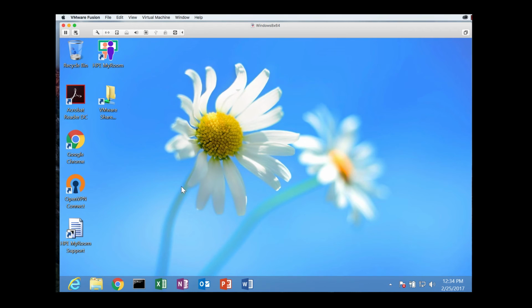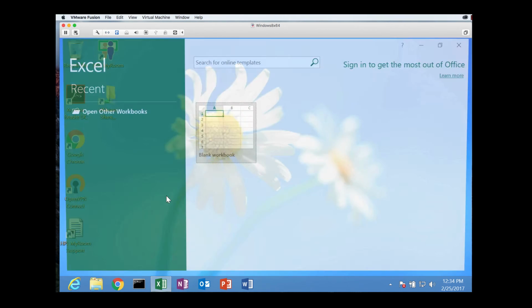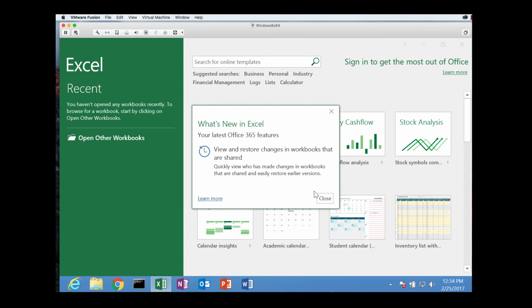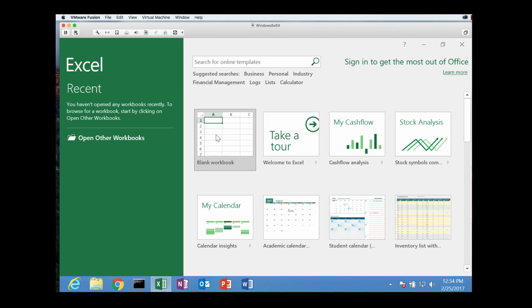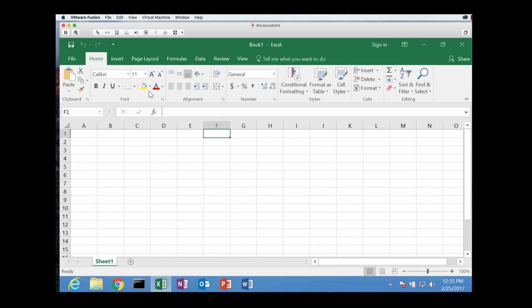So first of all, go to your Windows, and then you can just click the Excel button, or you can go to File Explorer and hit the Excel button. So here's the Excel button. You can choose a blank workbook to start with, and now you see a